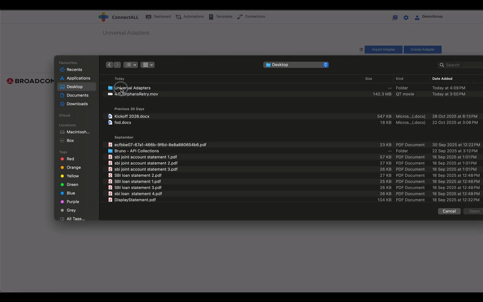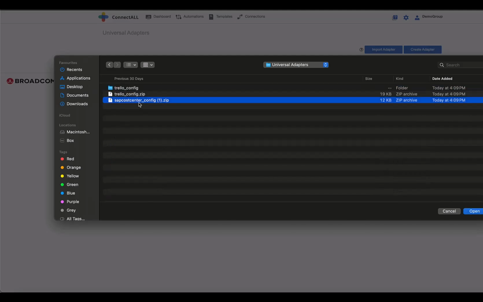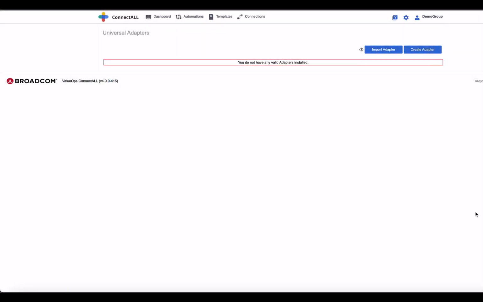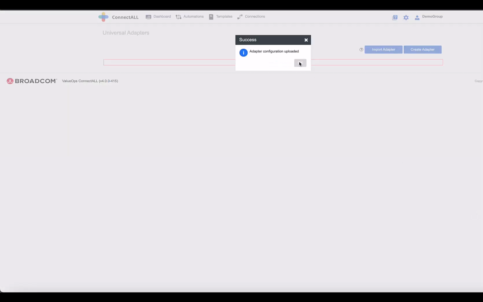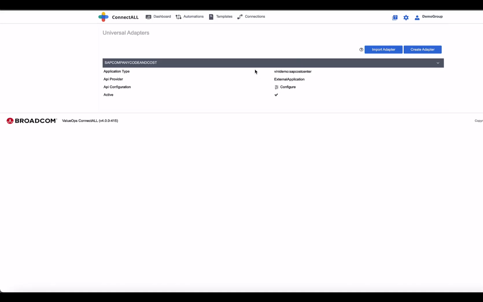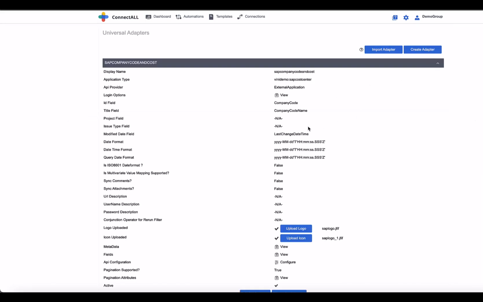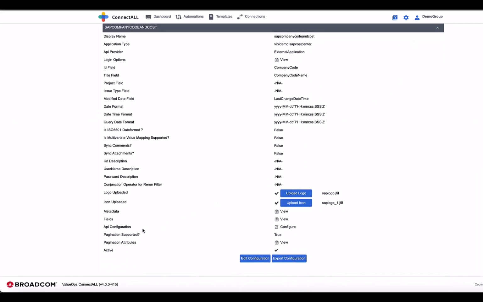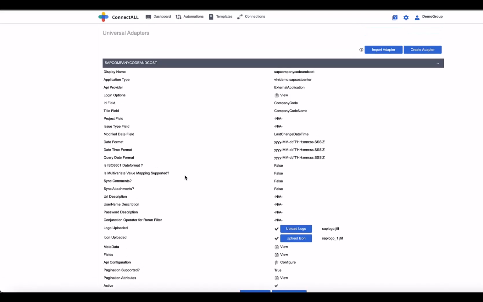So this is a SAP cost center based universal adapter which has been given by my CA administrator, or possibly you can create it as a JSON. I'll be able to import it. I'll be able to see all the configurations in it from the JSON, and if you see in here, you will not see the tenant or the group name in here. This is very specifically designed, or the permission will be only available within the group, and the application name will have